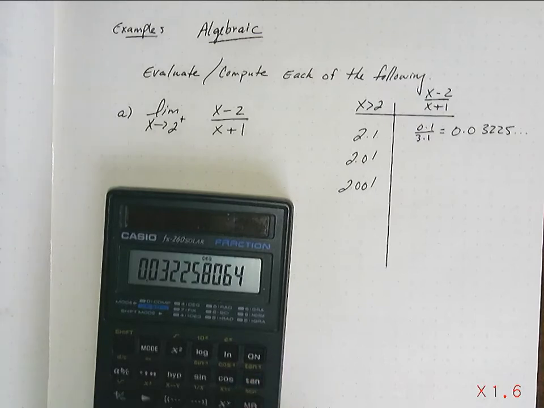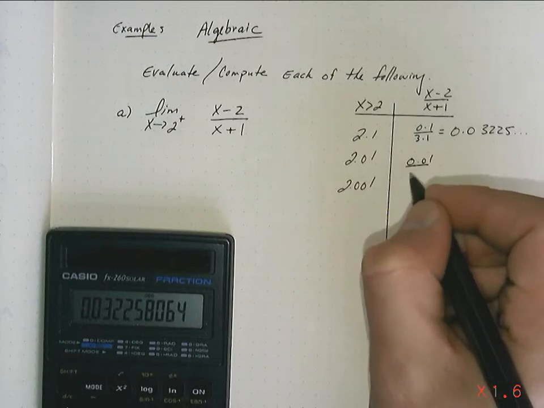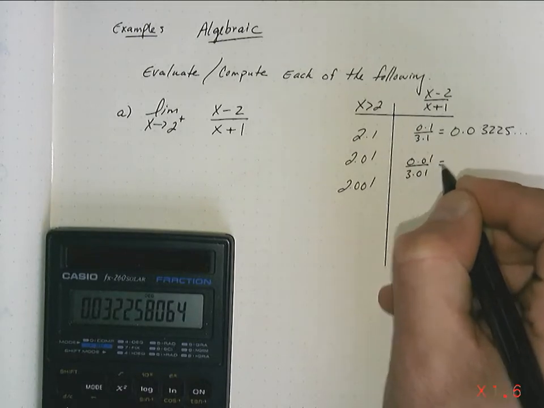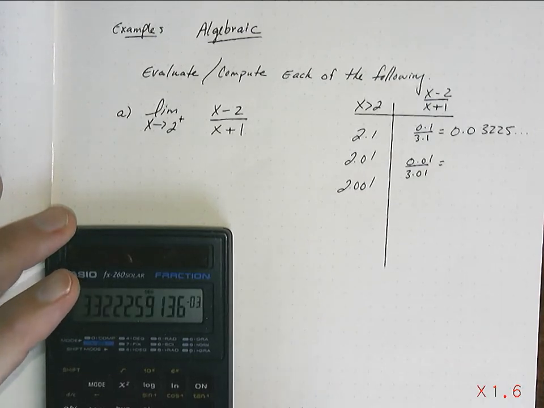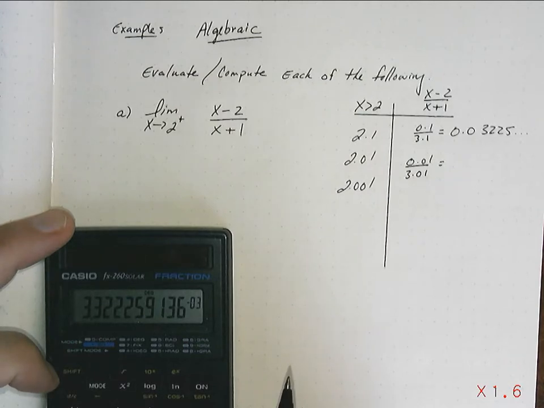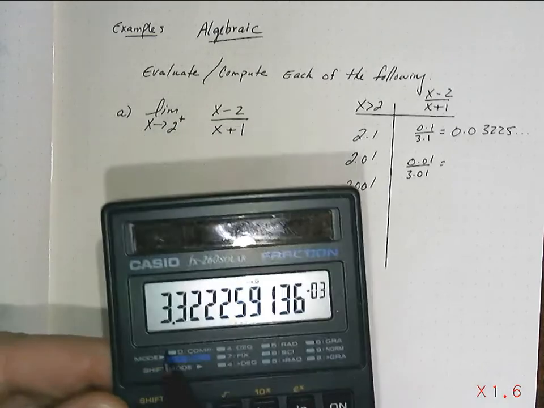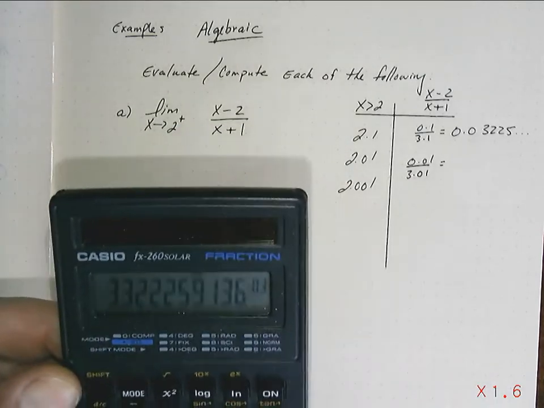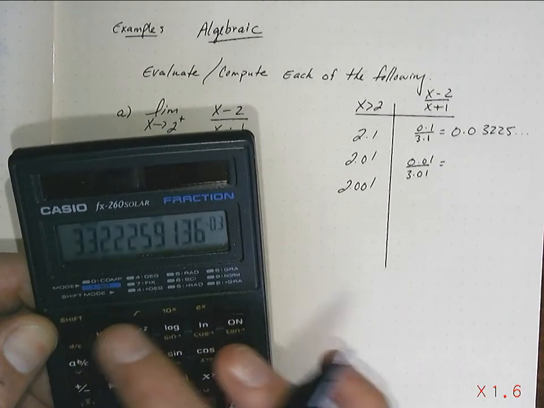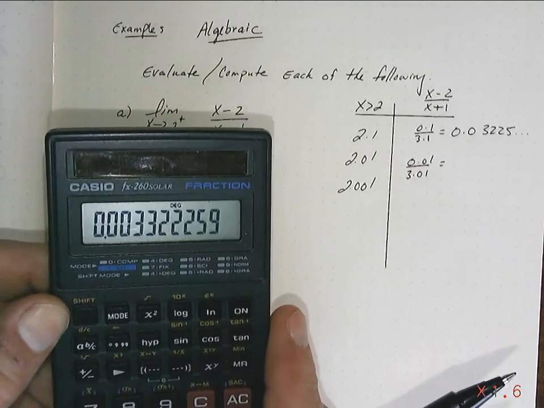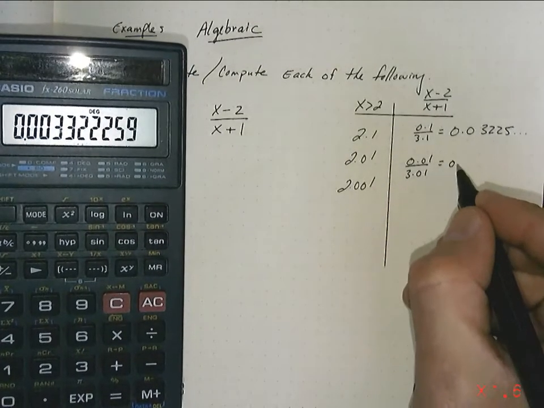0.03225, and so on. The next one is going to be 0.01 over 3.01. So 0.01 divided by 3.01, and I get a small number, and my calculator's in scientific notation. See that? That's scientific notation. So you should know to move that decimal over, but we all hate that. So I'm going to go under mode and change it to normal mode, and it's going to give it to me in this form. You need to learn how to use your calculators. Okay, so it gave me this nice number,